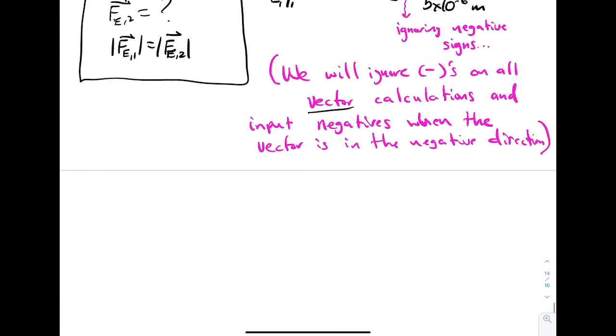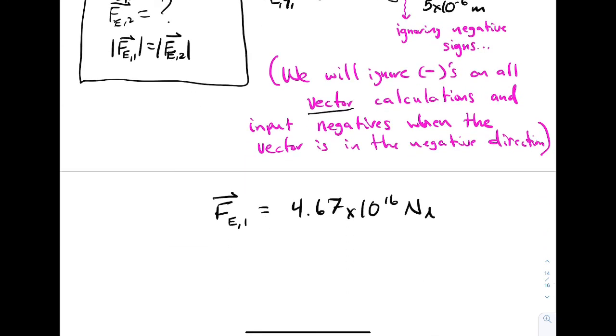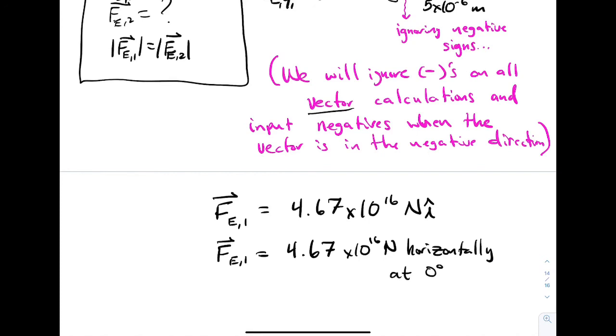If you were to punch this into the calculator, you could show that the electric force on 1 is equal to 4.67 times 10 to the 16 newtons. It's huge. And we're going to input a direction here. I like to use unit vectors. The unit vector for x direction is i hat. So that would be fine. Another way you could write this, just since this is our first real vector example, we could write 4.67 times 10 to the 16 newtons, and we could say horizontally. That would be fine. Or you could say at 0 degrees,